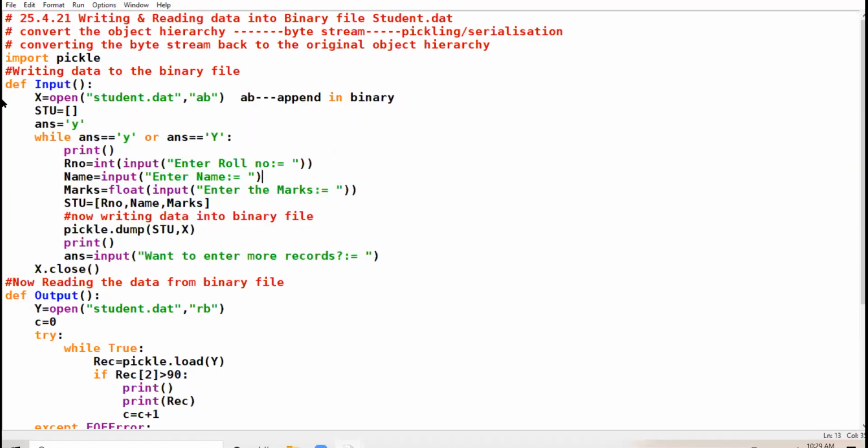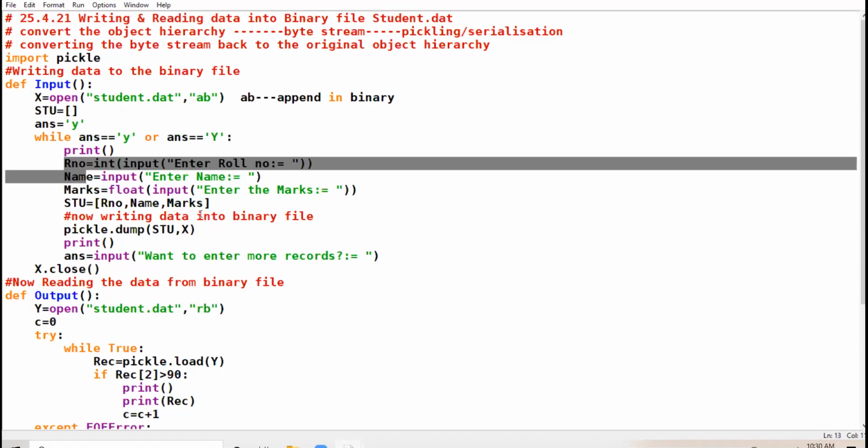Only these values will change. Depending upon the file, only these field names will change. Like I have taken roll number, name and marks. There you may have serial number, employee name, employee salary. Such types of fields can be there. The basic scenario will remain the same.